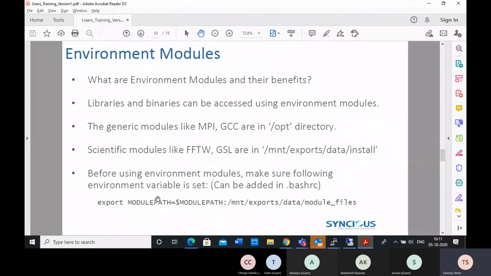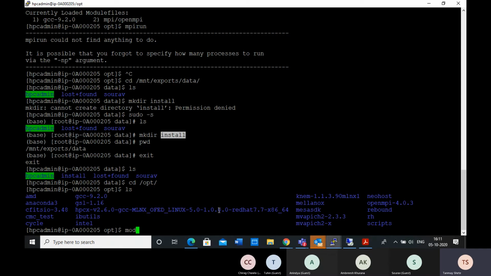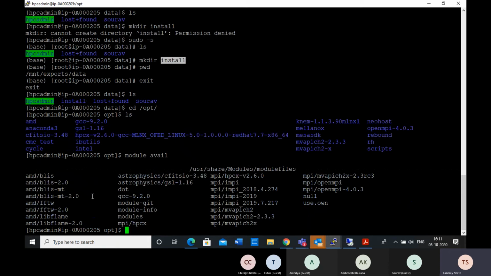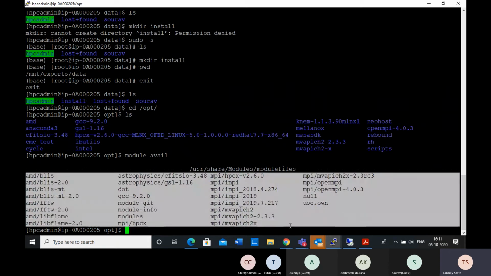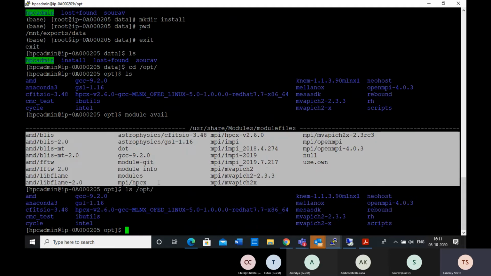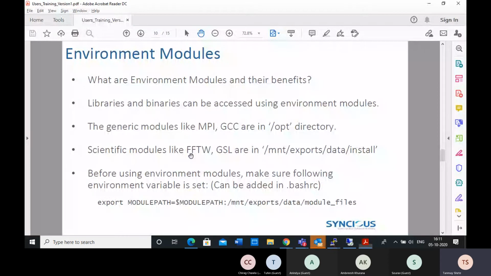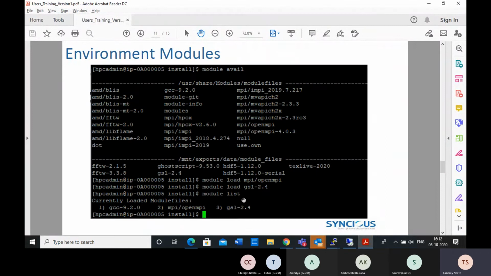Okay. So if we put everything in install, then basically we will create new module files, and then we will need this command to be added. Right now it's not required. For example, module avail is currently only showing modules which are part of the opt directory. When we add a new directory, we need to do some configuration. But right now this is not applicable to you, so you just ignore.